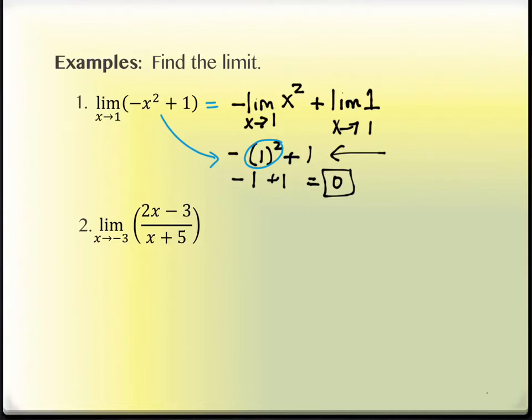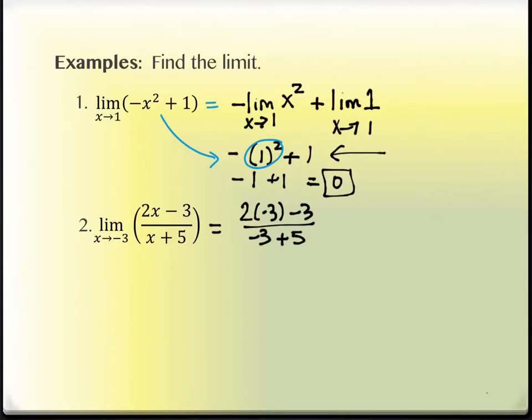Now, if I were to do the next one and write out all the limits, it would be really messy because I have a division property, the addition, and the subtraction property. So there's 3 separate limits. And then I would pull out the coefficients of each of the pieces as well, right? There's a lot of properties going on behind the scenes that we get to take for granted a little bit, and we get to simply evaluate our function at -3, at least as long as it doesn't make the denominator 0,